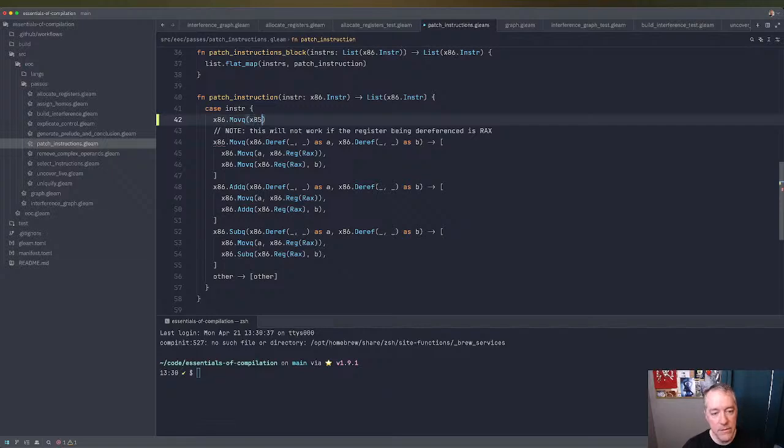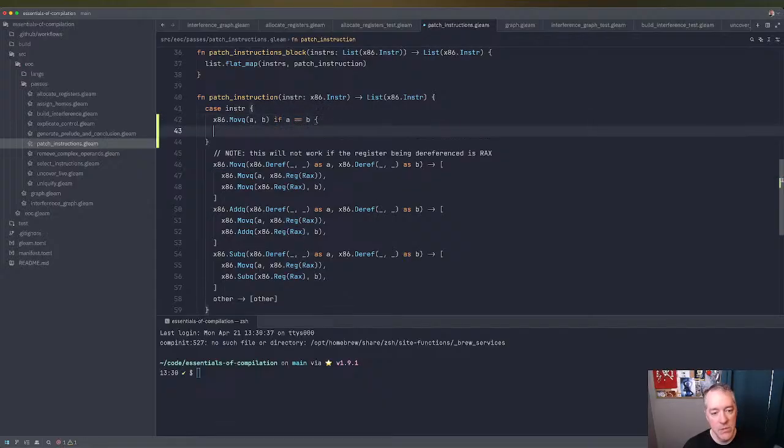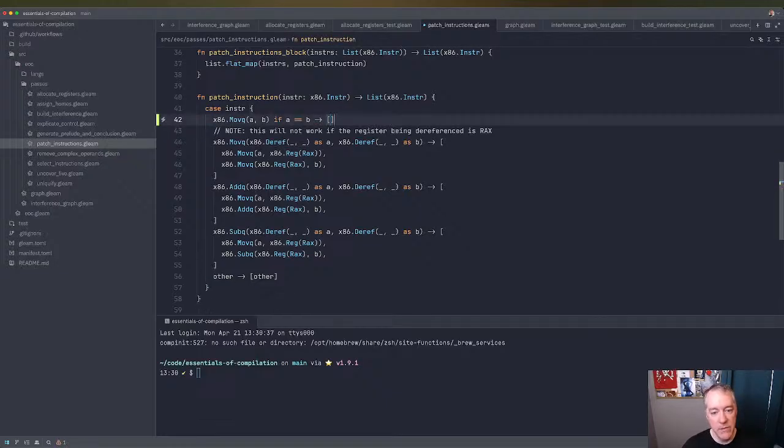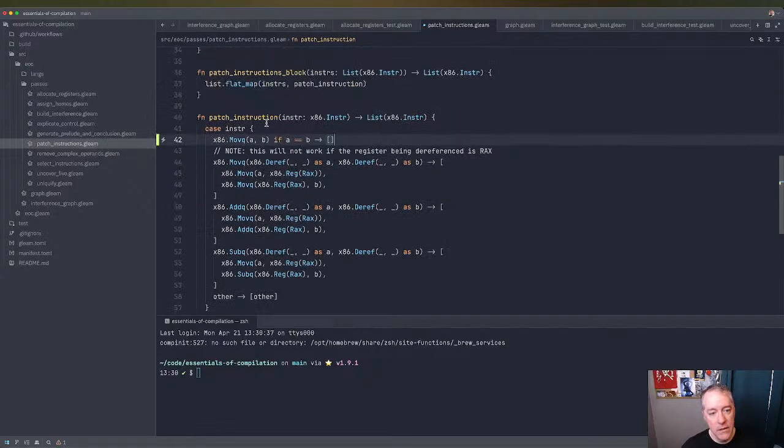But if these are the same, so it's a move that is pointless, then we need to return the empty list. Say no op move